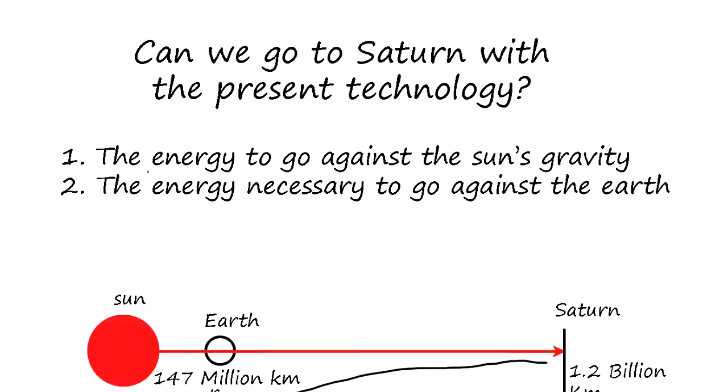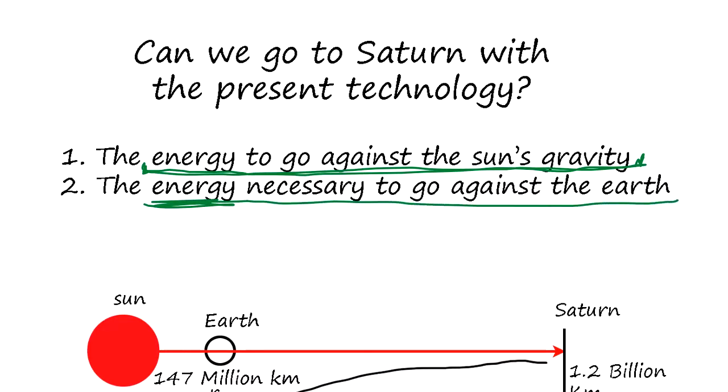First, we have to check the energy to go against the Sun's gravity. Usually we don't consider the Sun's gravity because the traveling time to the Moon, for example, is too short, and the Sun's gravity potential difference is not that much. It's not in the equation. Usually we only consider the energy necessary to go against the Earth's gravity. So when you go to the Moon, the Earth's gravity is the only issue because the distance is so short, and the Earth to Moon,